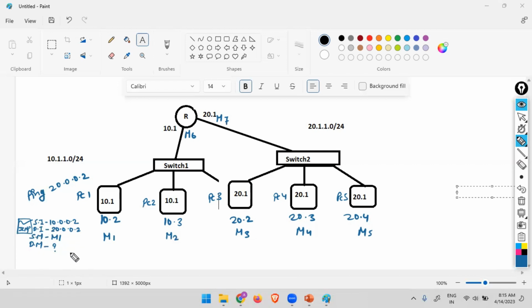Then what will happen? A new packet will be generated. What will be generated? ARP. In the ARP there will be source IP, destination IP, source MAC, and destination MAC. Source IP will be 10.0.0.2, destination, source MAC, destination MAC,